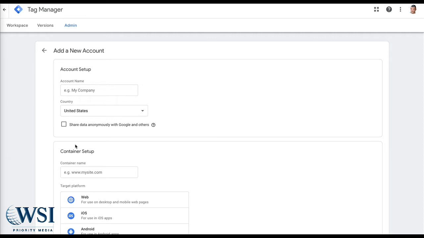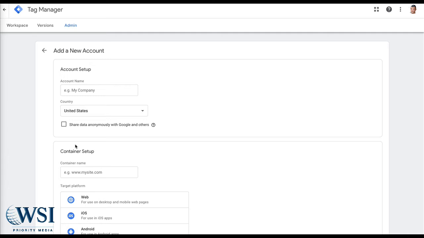And the biggest thing about Tag Manager, and people ask me all the time, why should I use Tag Manager? And I think the biggest reason why is it's simple. Look, in the old days in analytics, we pasted your analytics code on there, and anytime that you wanted to make changes and you were adding something new, you had to go get a new code, you had to put a new code back on, and it was so easy to get outdated.